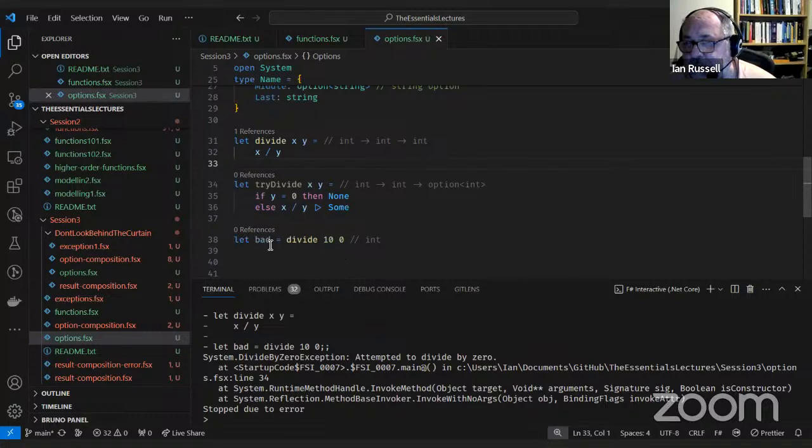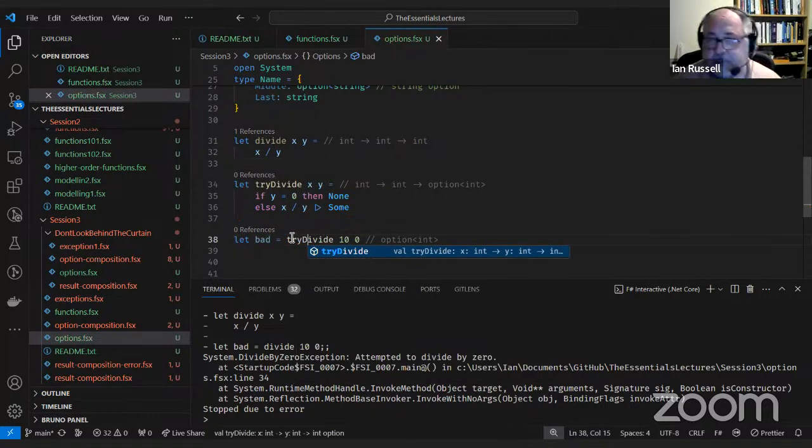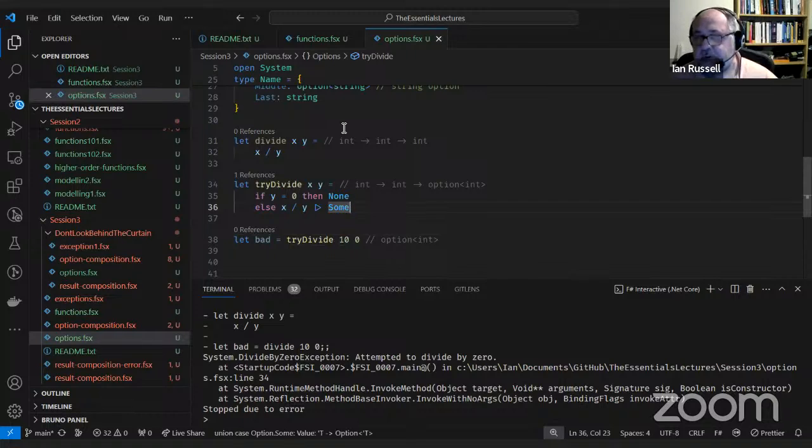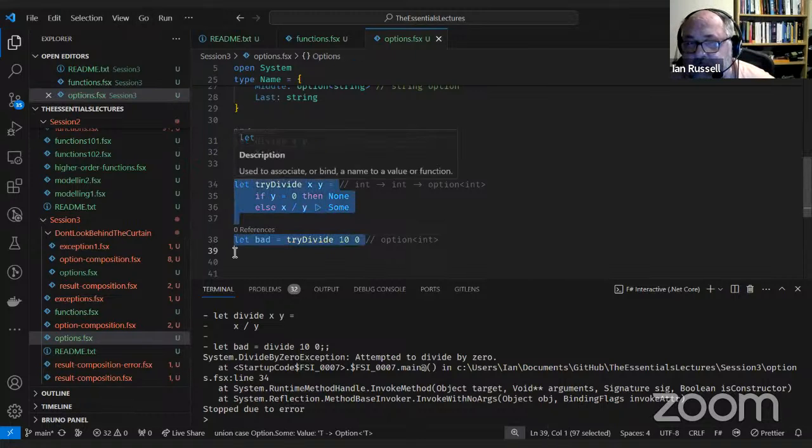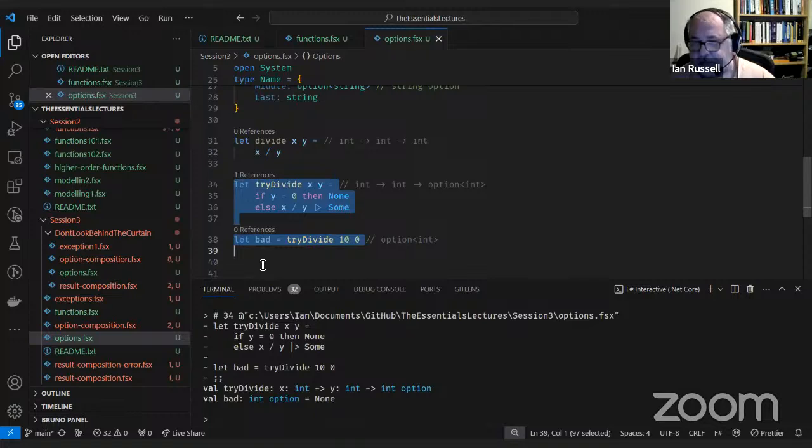So if I now do tryDivide, if I highlight that, hopefully, I now get none returned from it.